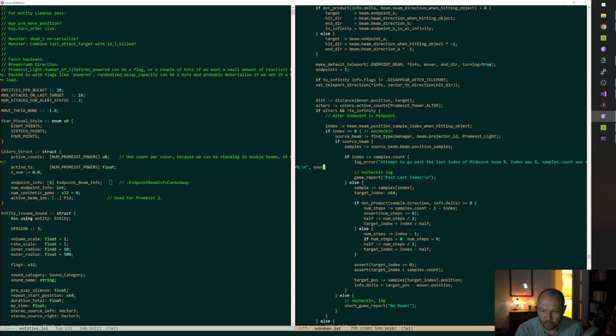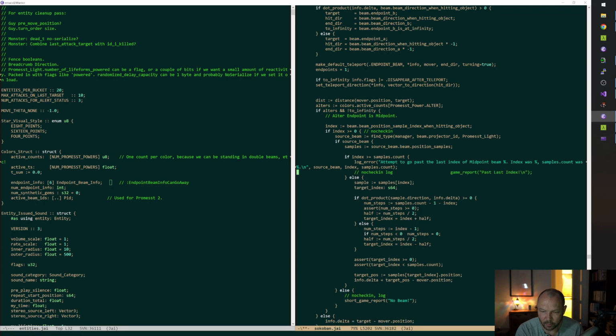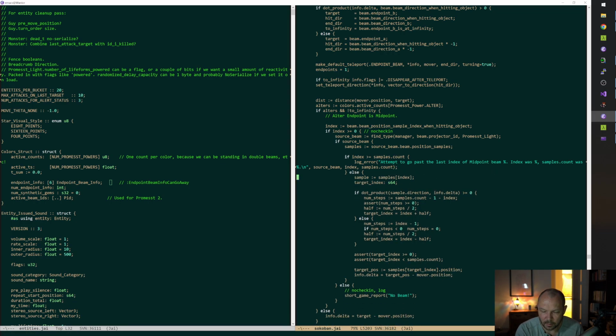Sources, say source beam. Index samples.count. All right, that's all we were doing there. And then down here, we're going to say log error in midpoint beam handling, unable to find a promise light with ID.